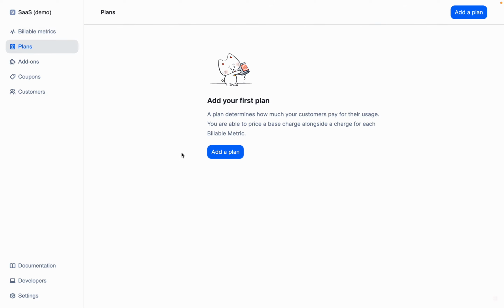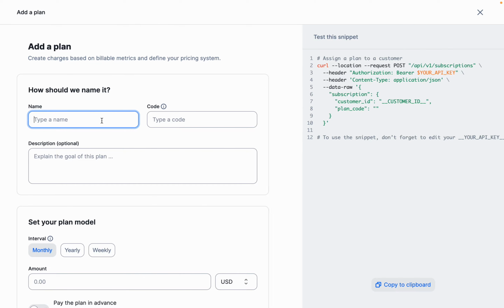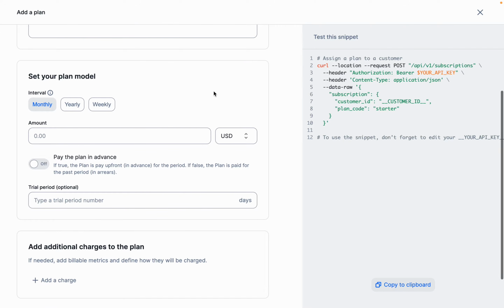Now that my billable metric is ready, I can start configuring my plan. So I'm gonna call it the starter plan, assign it a code as well. And here I can define the plan model. So the plan interval, which is the billing period, is gonna be monthly. The amount for the subscription fee is gonna be $20. And I'm going to ask my customers to pay for the subscription in advance, so at the beginning of the